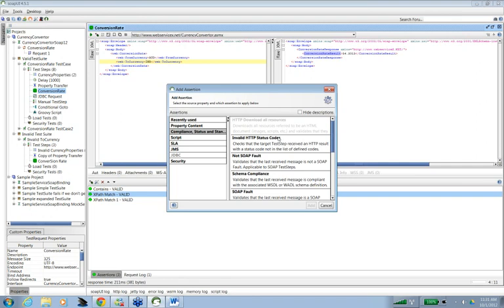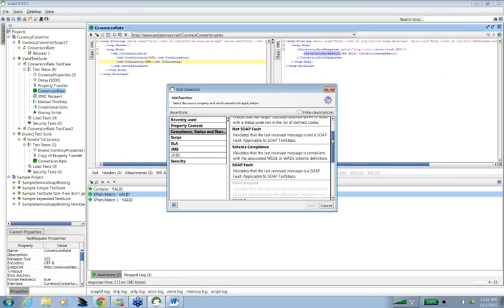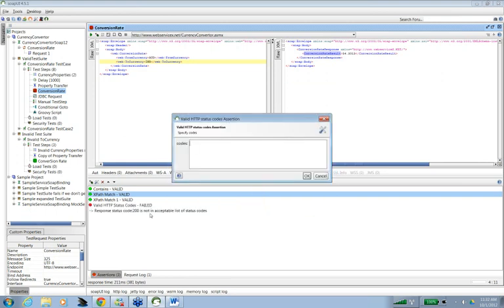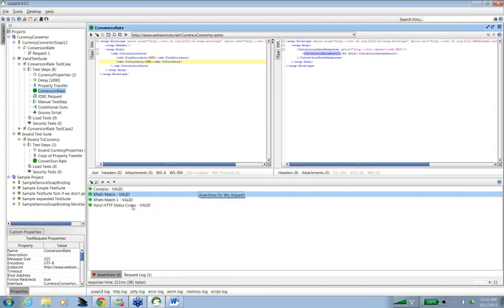If it's a bad request, then a 400 series code. So here I want a valid HTTP status, so I would add the valid status code 200.